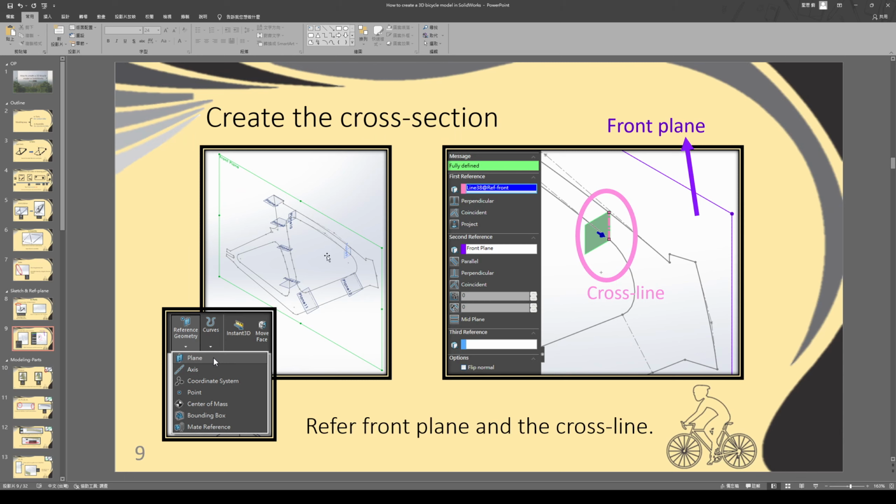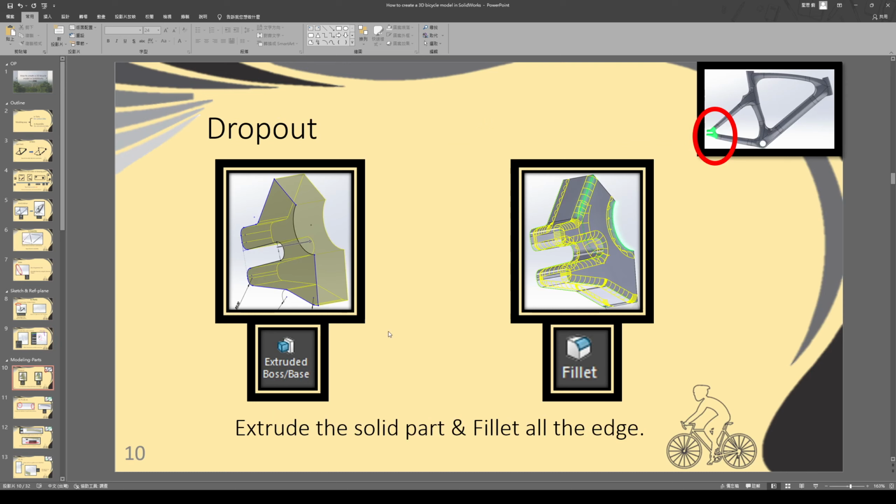Just make sure they are orthogonal to the front plane. The front plane is the purple color, and the cross-section lines are the pink color. In here, this picture will show you which part I am mentioning. And then we create the solid: just extrude the sketch and round all the edges.